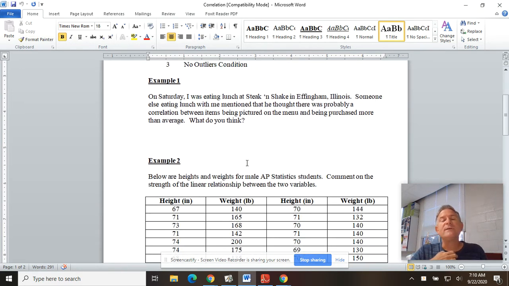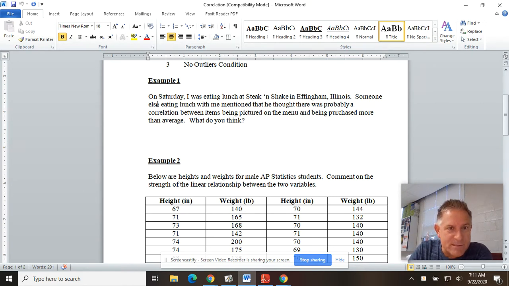So to start us off, this is an old example from the first year of AP Stats, and it really happened. I liked it so much that I kept it in the notes. This was a true story. On Saturday, I was eating lunch at Steak and Shake in Effingham, Illinois. I was on my way from a soccer game in Champaign where my son and some other people were playing. I was on my way from Champaign to St. Louis to sit in a beautiful suite at a Cardinals game, and I was with some other people,